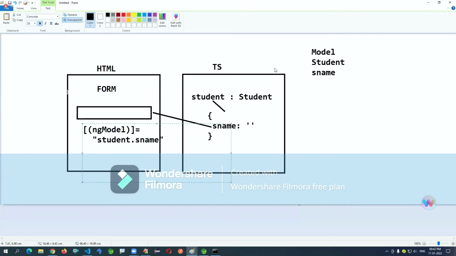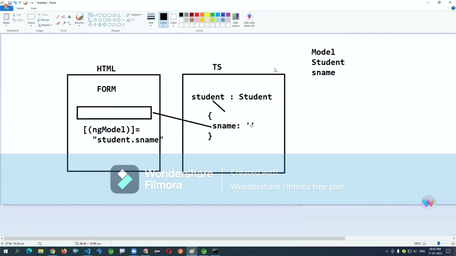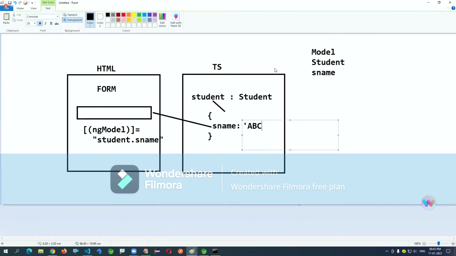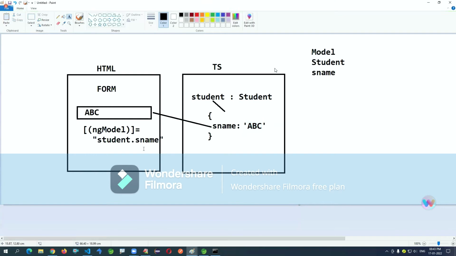Okay, when you bind, what is the advantage? For example, you are setting some value here. Okay, you are setting some value from backend, ABC. Then the ABC value automatically updated here. Okay, you need not even click on update button, delete button, edit button. Both are actually in complete sync.